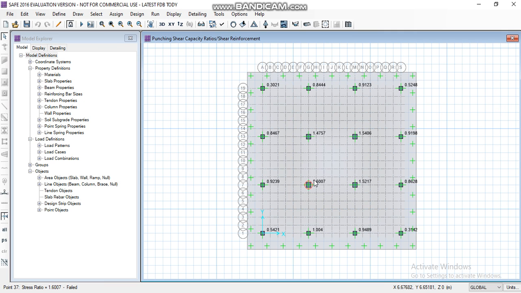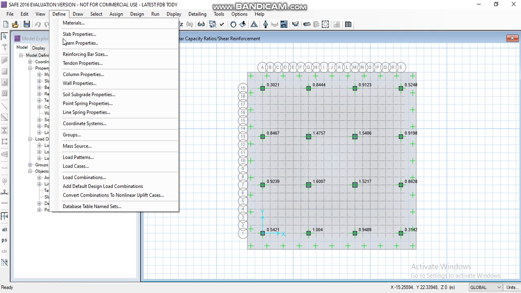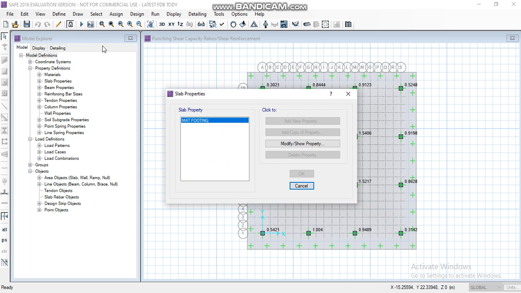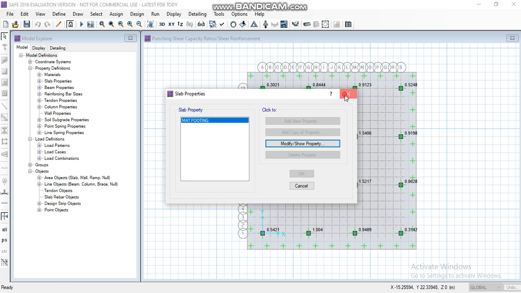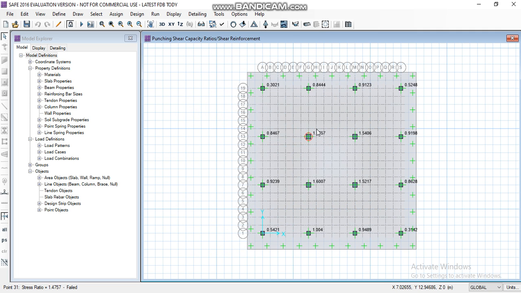Here we can see that the punching shear values are still greater than 1. So in order to change it again, go to define and increase the thickness further. Before that, we have to unlock the model because the analysis will be deleted.